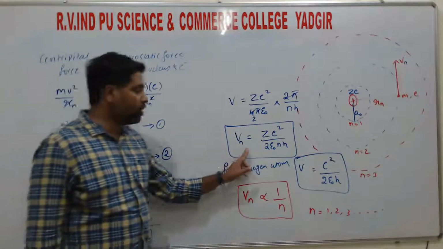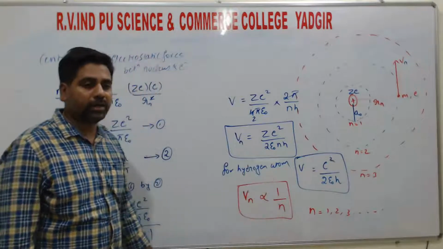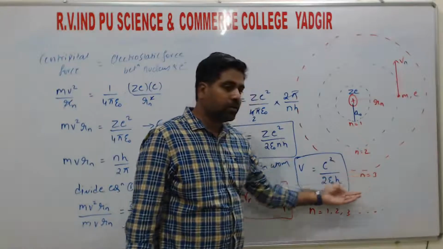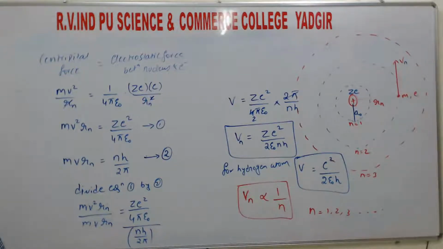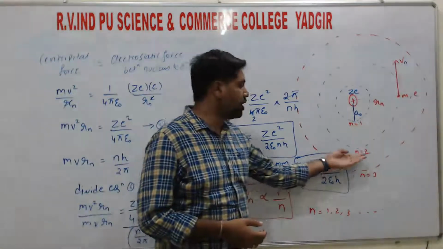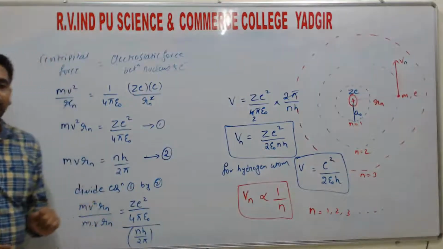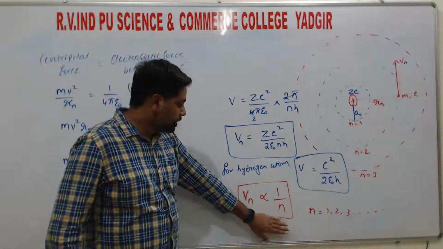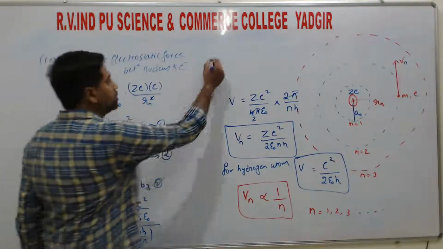So this is about the velocity, and the velocity is inversely related with the number of the orbits, right? As the number of orbits increases, the velocity in that orbit decreases. That is, Vn is inversely proportional to 1 by n, where n is the number of the orbit. So in the outer orbit we have lesser velocity, right? To understand this one, by this relation we can say,